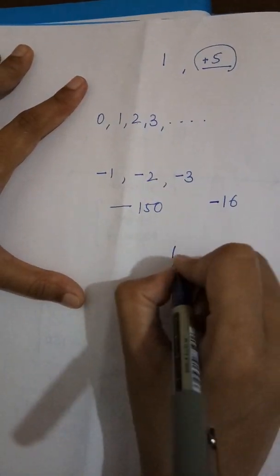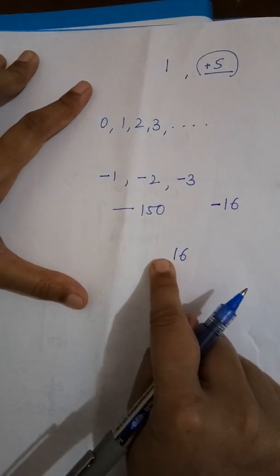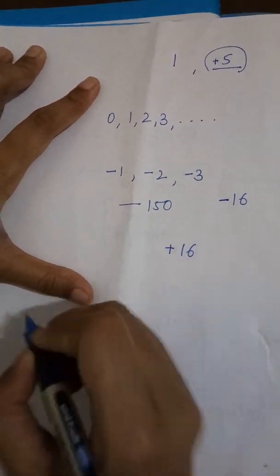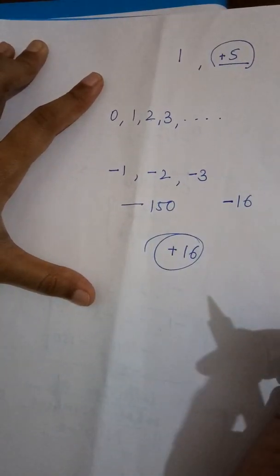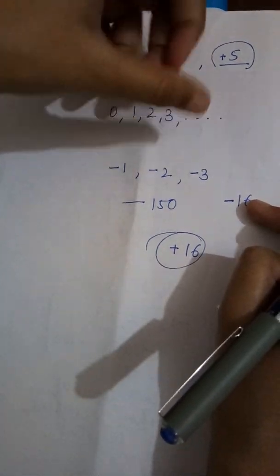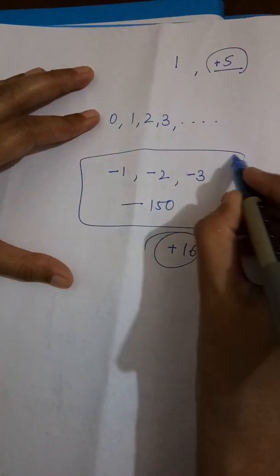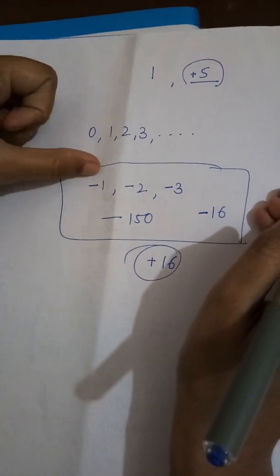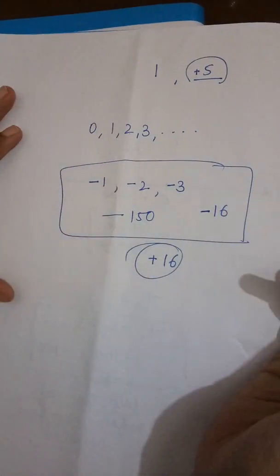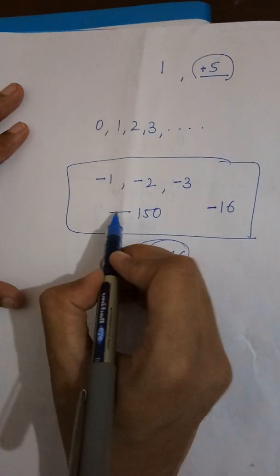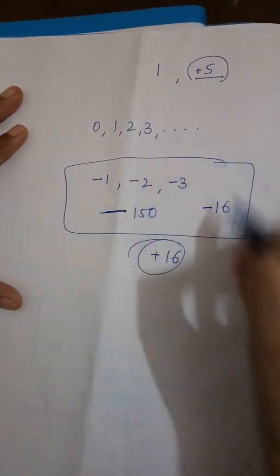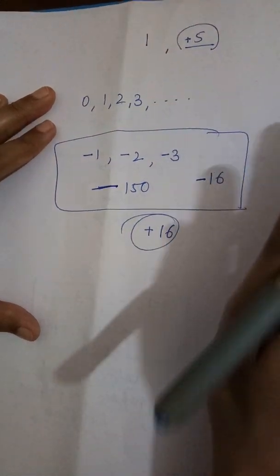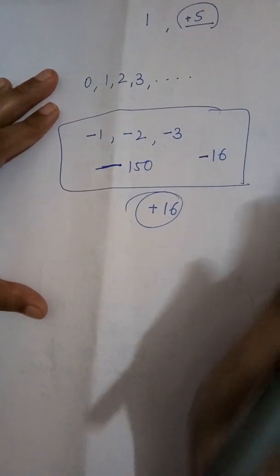If I am taking only 16, no sign is there, that means this is a positive number, because if no sign is there, that means the sign is plus. So I am going to take plus 16. So the numbers in general, if I talk about the negative numbers, are the numbers which have the negative sign. Negative sign means minus sign. Then these all are called the negative numbers. Now with this you have got to know what positive numbers and negative numbers are.